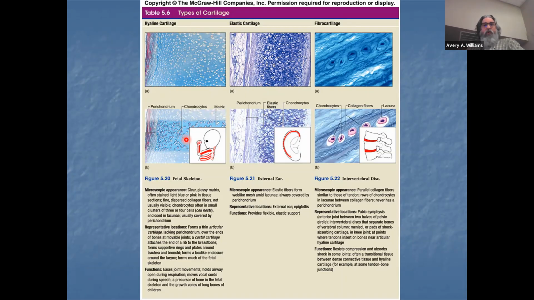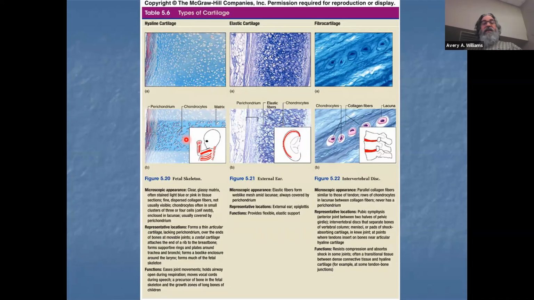So when you're born, like I said, most of your long bones and other bones are hyaline cartilage, but over time they ossify or they turn to bone. Okay, and so that's a good location for that, you know, the fetal skeleton, I guess. But what about the adult? Well,